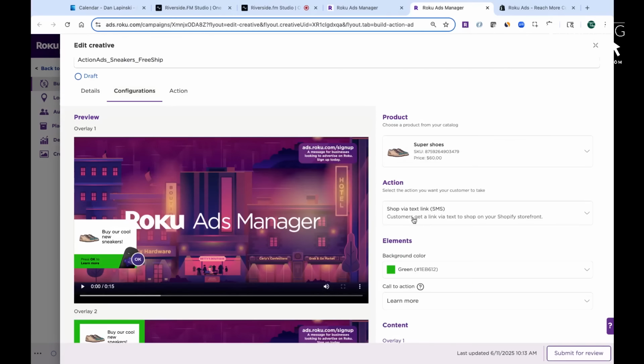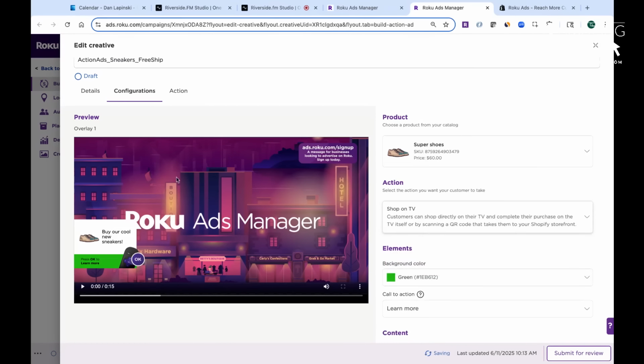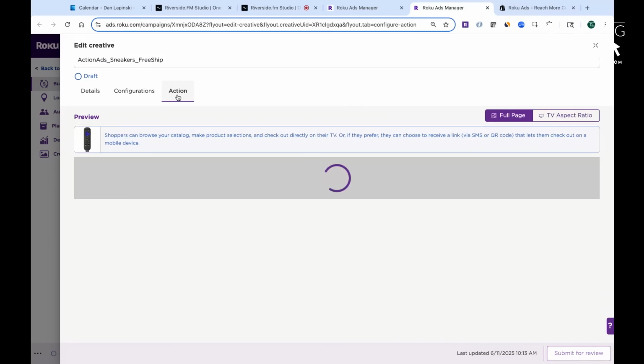And just kind of like a quick pivot off of this, instead of building with text, maybe you want to shop on TV. That removes the text message component and adds in a shoppable component. This is available for Shopify brands specifically. And again, free to use and just really easy to set up. So sync your products, upload your imagery here. The syncing of those products helps us understand inventory availability and pricing, which then populates a screen once you do